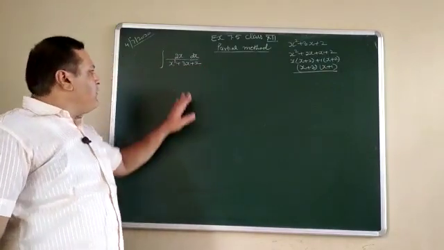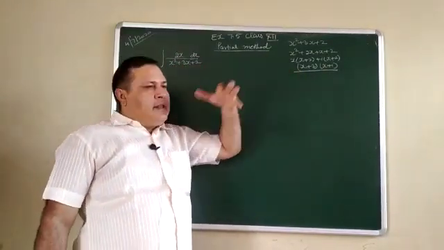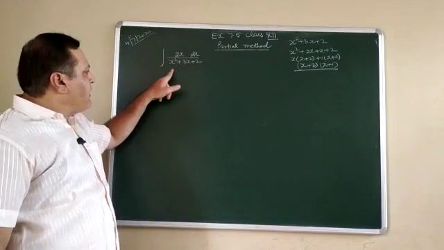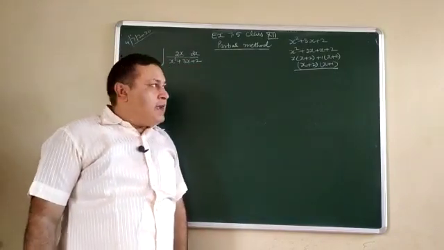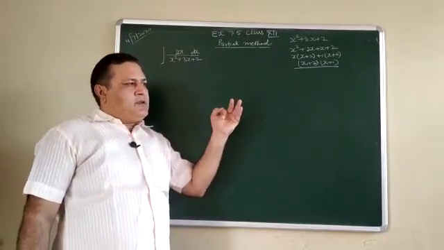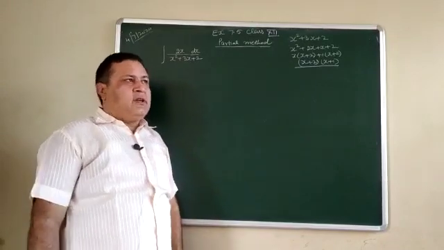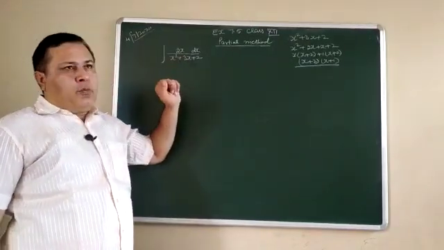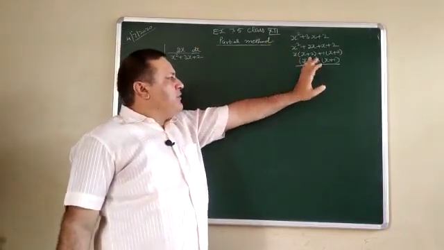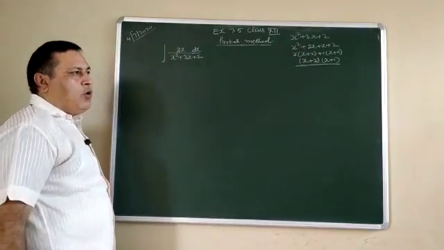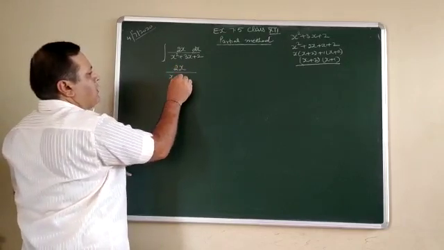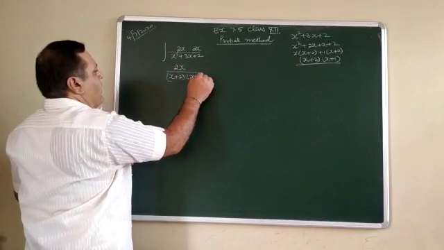So whenever a term can be factorized into two linear factors, in that case we can apply the partial method. But when it is not possible to factorize this quadratic equation, in that case it is not possible for us to apply the partial method. We can apply it, but it's quite difficult for those quadratic equations in which factorization is not possible. So sometimes the question is given in this form: check whether factors are possible or not. If it is possible, then go with the partial method or go with the direct AB method. It is your choice. So this can be written as 2x upon x plus 2 into x plus 1 dx.